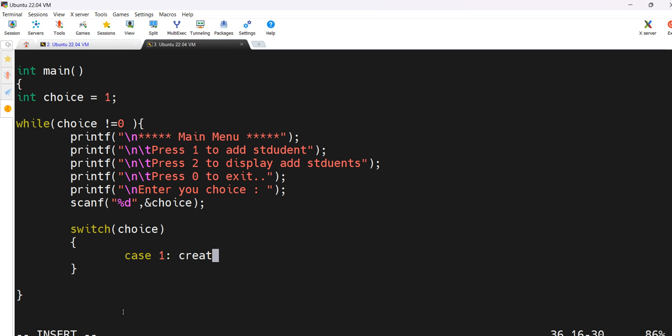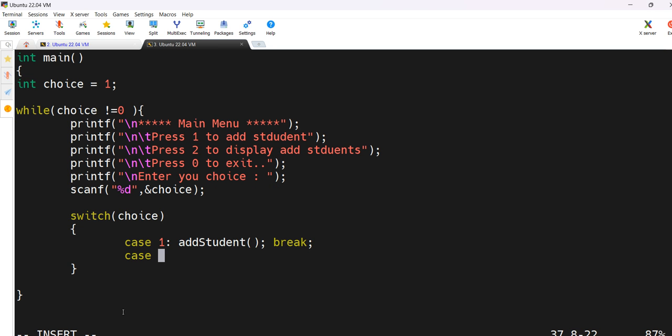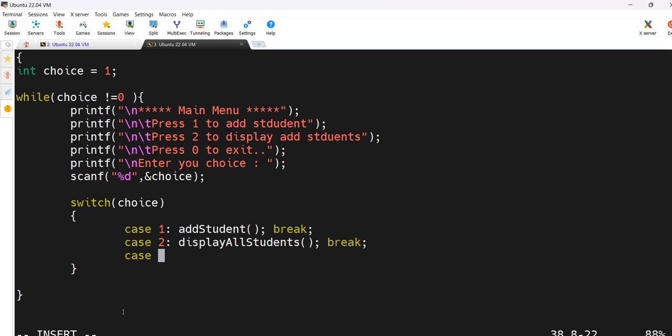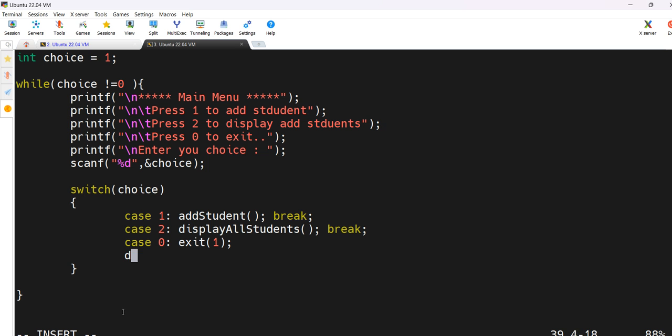This will call some function, that is add student, and we have to make use of break, so that is mandatory, and case 2, display all students, break. And if someone says 0 we have to exit the program. And if someone presses anything else, that is the default case, we should show a message, invalid choice,